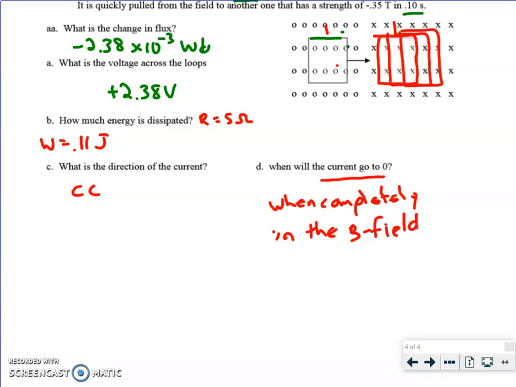As soon as it starts to leave, in other words, as soon as this edge here starts leaving, then we're going to start decreasing and we're going to get current again. So in a sense, right, we got a certain current, counterclockwise, let's say, is negative. We had a negative current as we were transitioning from here to here, and then it's 0 for a little bit, and then